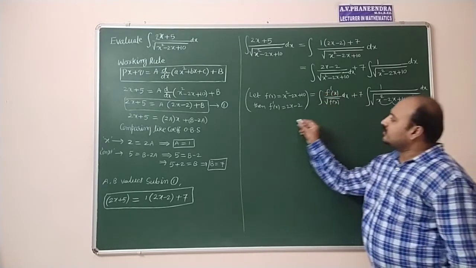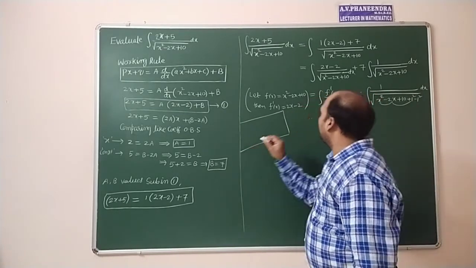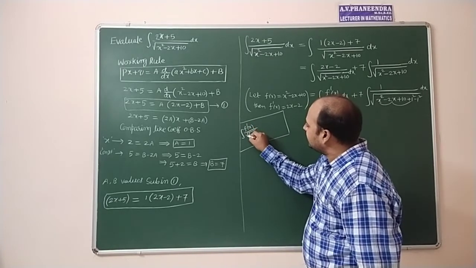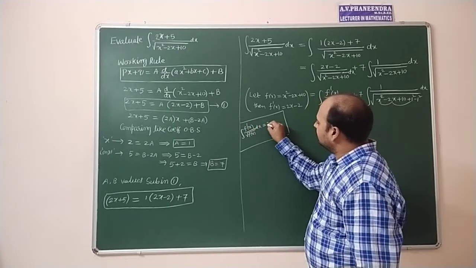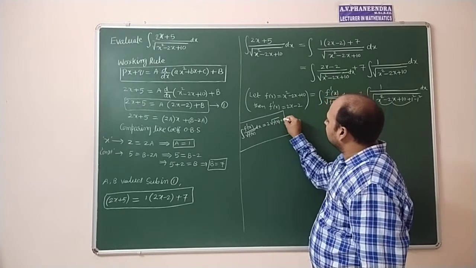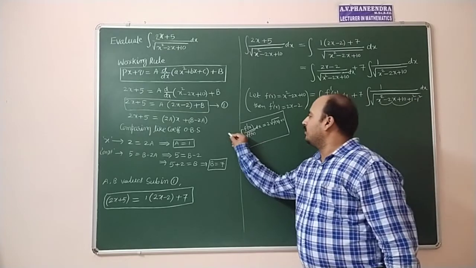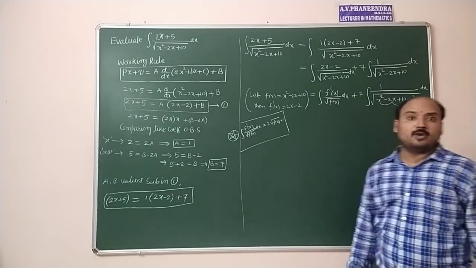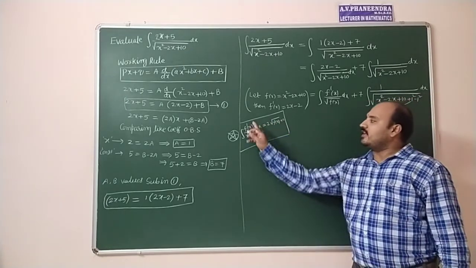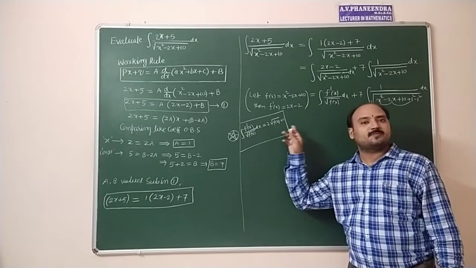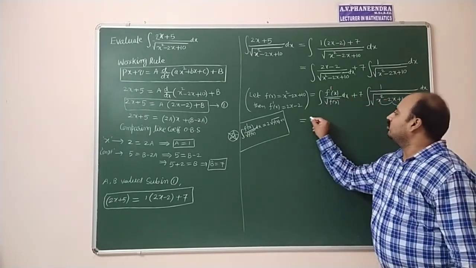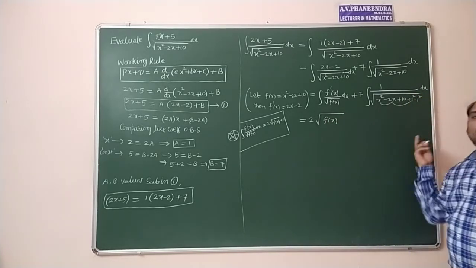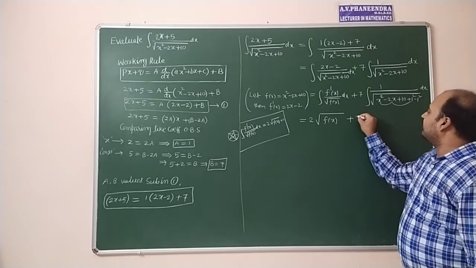And here in the earlier classes we know that formula, the standard result. Integral f dash of x by root f of x into dx is equal to 2 root f of x. This is the formula we discussed in previous classes. Go through the previous videos to recollect the formulas. Integral f dash of x by root f of x into dx equals 2 root f of x plus c. Don't write plus c here. After completing this integration step, you can put the integration constant ultimately, plus 7 into integral